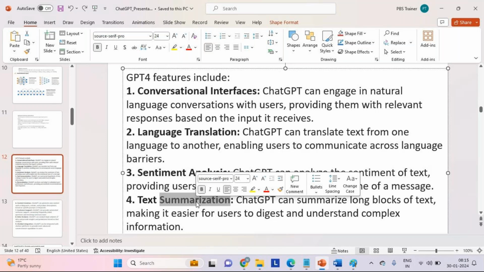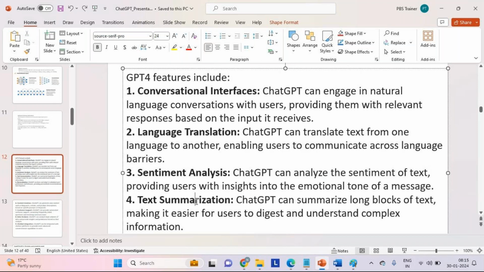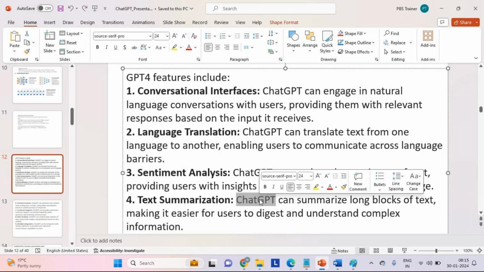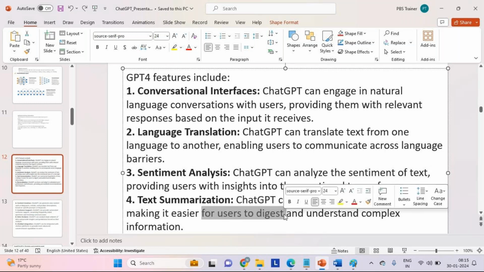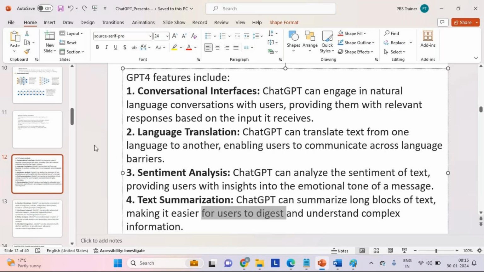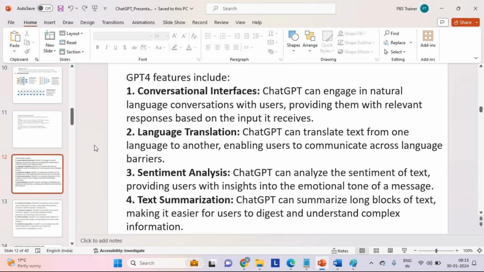In that case, we can go with a summary. We can give the big story as input, say 10-15 pages, and ask ChatGPT to summarize. It will give us summary information which we can read in a short time. So that's where text summarization comes in, right?